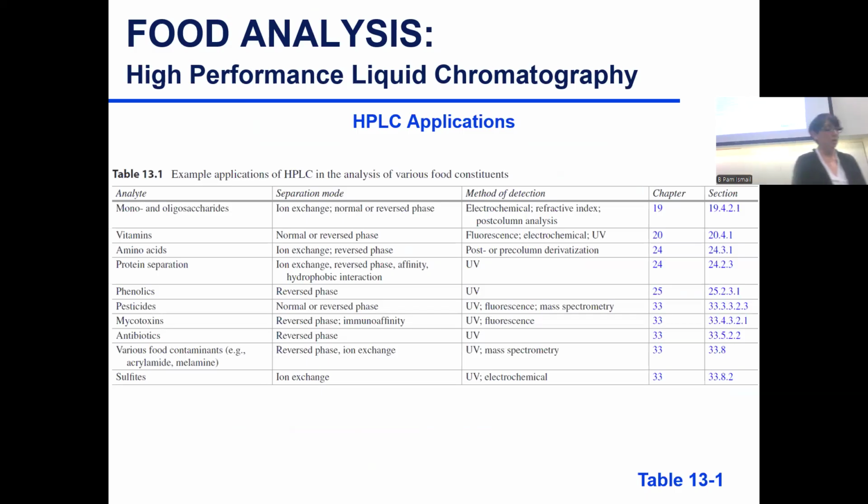So in that chapter in your book, chapter 13, there is a summary table that gives you an example of different analytes that can be analyzed by HPLC. And then it gives you the separation mode, the method of detection, and then which chapter and section they're going to be covered. So in future chapters, we're going to have a chapter on carbohydrate analysis. We're going to talk about vitamins, protein, pesticides, mycotoxin, antibiotics, and other